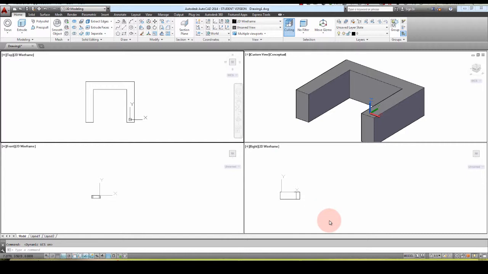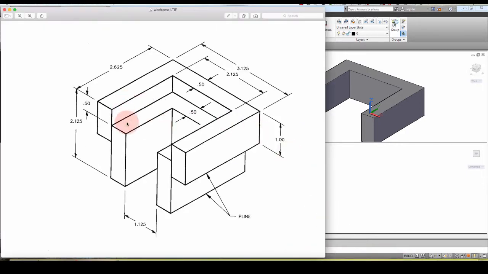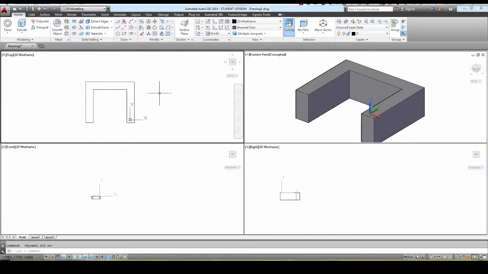Okay, so we're ready to start drawing the inner part. Okay, if we look at the inner part, we can see it's just a C shape as well, and it's offset 1/2 inch. So, and it's dropped down 1/2 inch as well. So what we're going to do is come up to the top viewport. Now, before I get going drawing this, our general inclination is to go in here with a polyline and basically click this endpoint and start drawing around this like this, and coming over like that and closing it off. And if you're lucky,